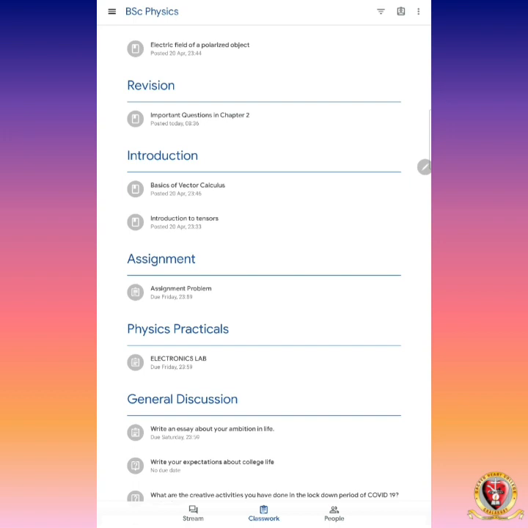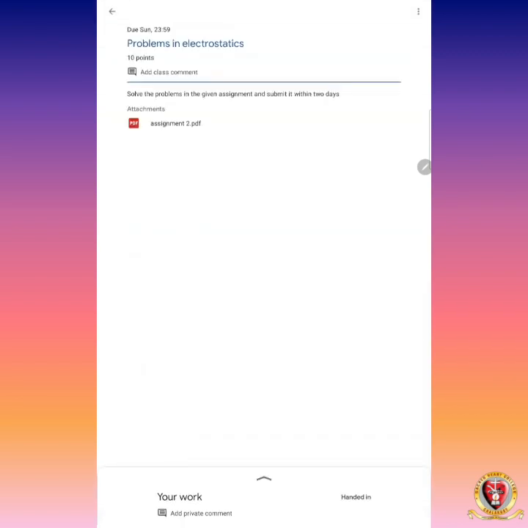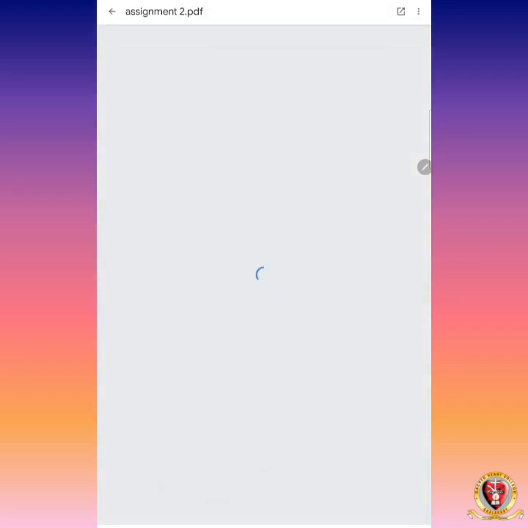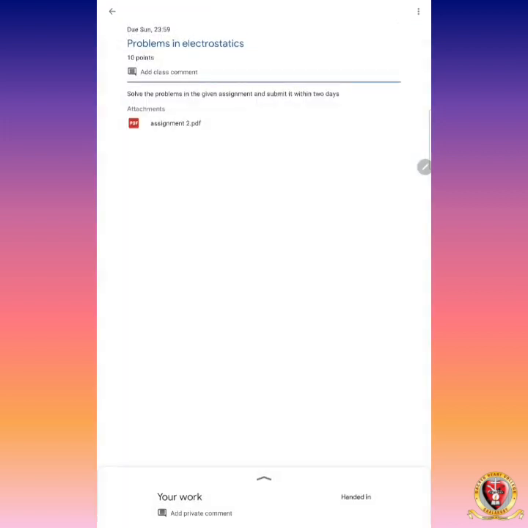So Google Classroom is generally used to answer a question or to do assignments, to see the materials posted by the teachers in a well organized manner. Now you can see you can do one work. That means you can do these problems. So this is a question. These are some problems given by the teacher. I have to answer this and I have to submit it.